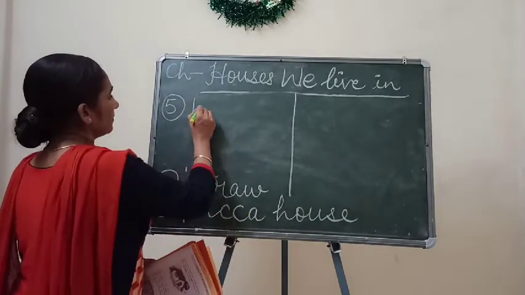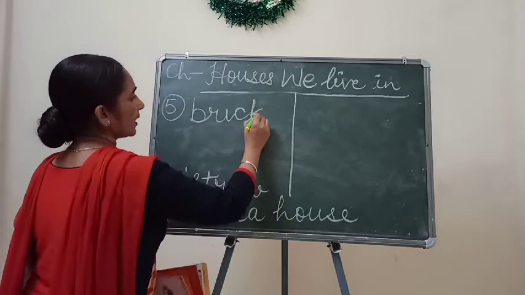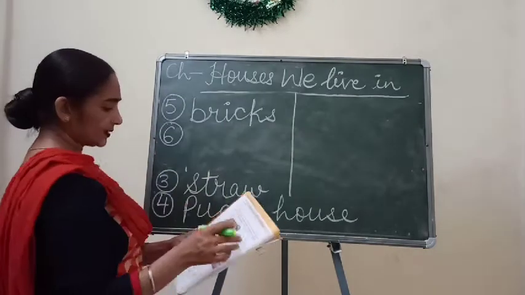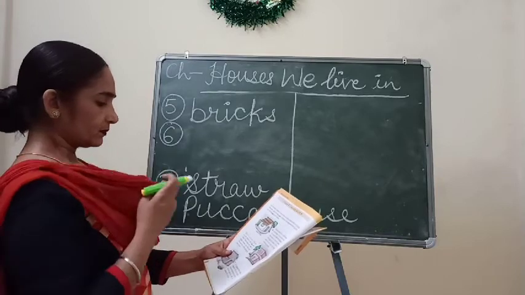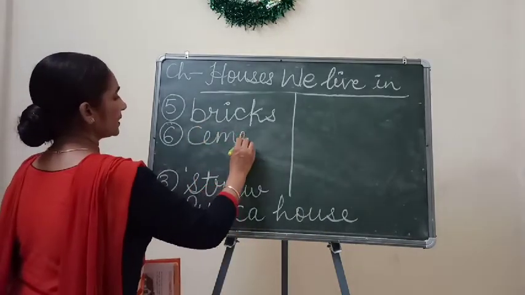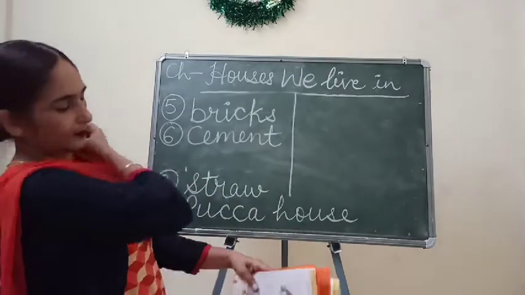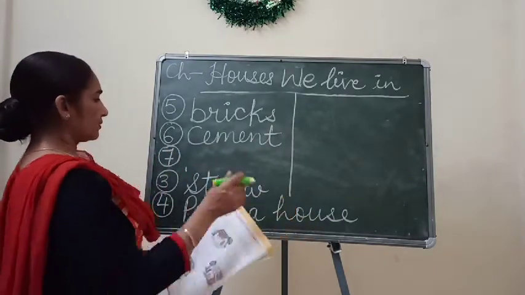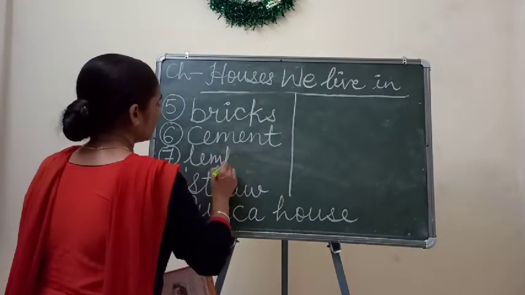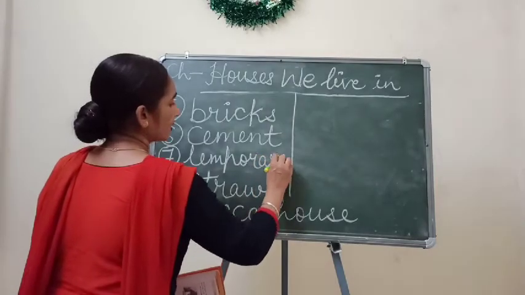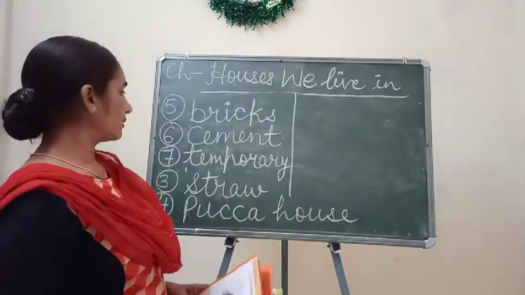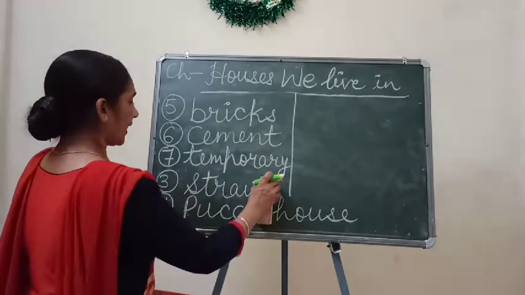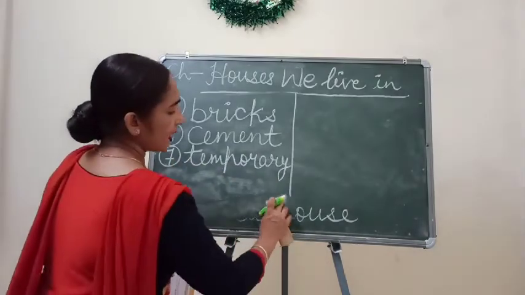bricks. B-R-I-C-K-S. Bricks. And the 6th word is cement. C-E-M-E-N-T. Cement. And the 7th word is temporary. T-E-M-P-O-R-A-R-Y. Temporary. So children, today you write only these 7 words, and after writing these 7 words, as we proceed with our chapter,